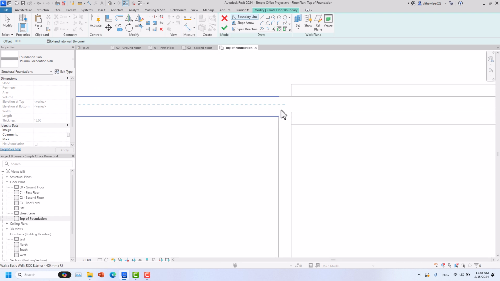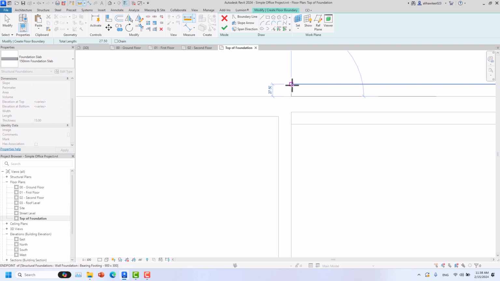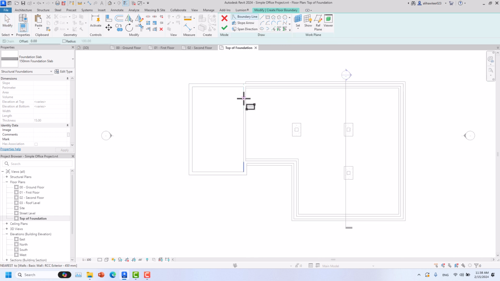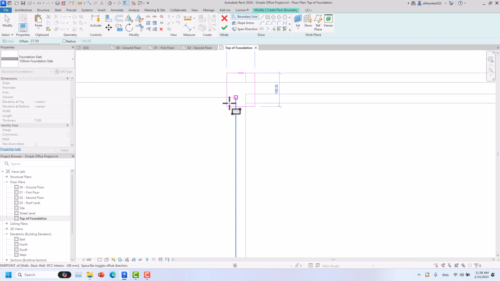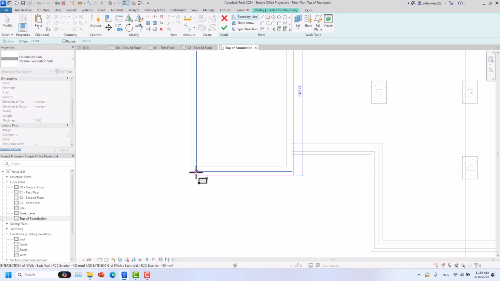I want to know the measurement from here to here. So what I'll do, I can go to measure between two references, or this one, measure between two references. I'll click on this. Let me see. It's 27.5. So I will go with the rectangle, maybe, and try to sketch it out. It was 27.5, wasn't it? If I'm not wrong. So I'll take this dimension, yep, and take it till here,